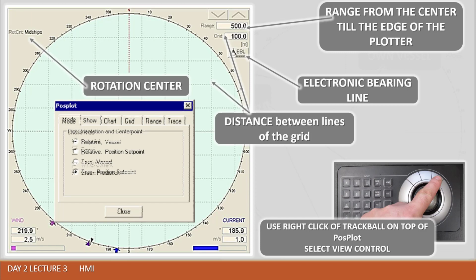At the show menu with the ticks, you can select some items to be displayed at the position plotter. Here we have set point, caret, reference system view, wind and current information, and green prediction in case we are going to operate in green mode. About that we will talk later. If any parameter is unticked, then it will not be displayed graphically at the plotter.